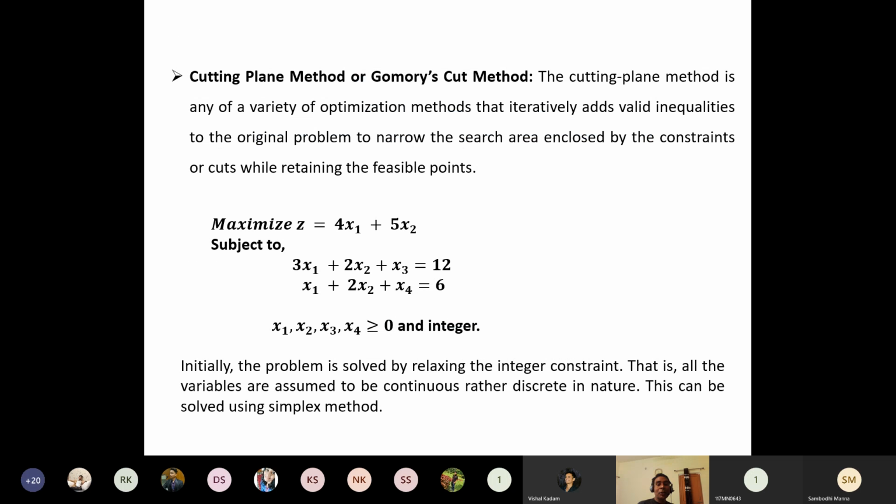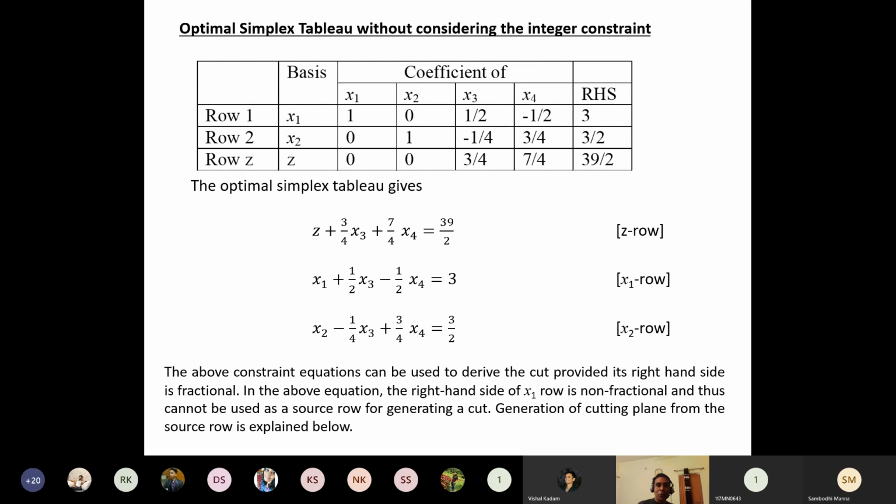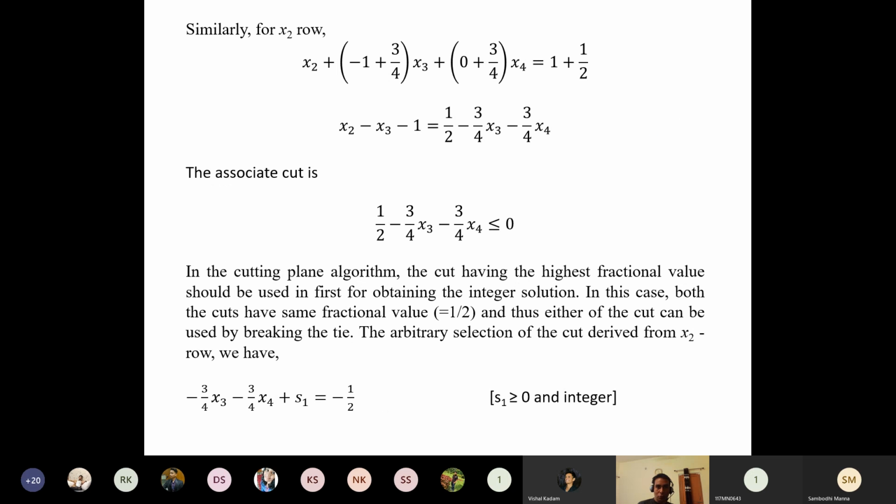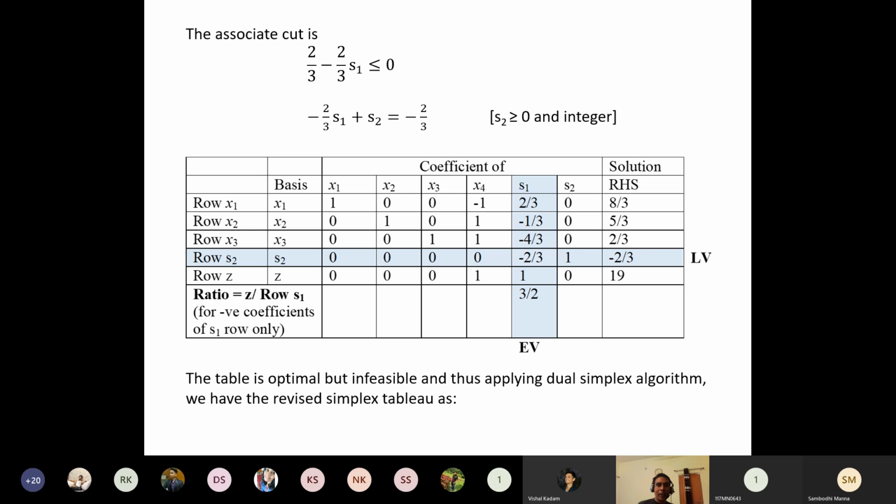Yes, this is 3x1 plus 2x2 less than or equal to 12. That means this was 3x1 plus 2x2 plus x3 is equal to 12 to make it an equality constraint. So this x3 is the slack variable in constraint 1, x4 was the slack variable in constraint 2. So what is the value of x3? x3 is equal to 12 minus 3x1 minus 2x2, and x4 is equal to 6 minus x1 minus 2x2. So if we have to represent this cutting plane in terms of x1 and x2, we can get